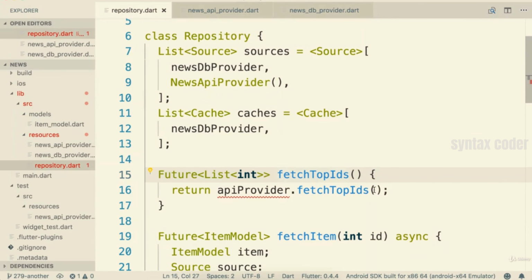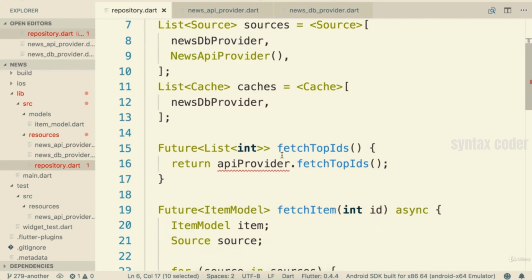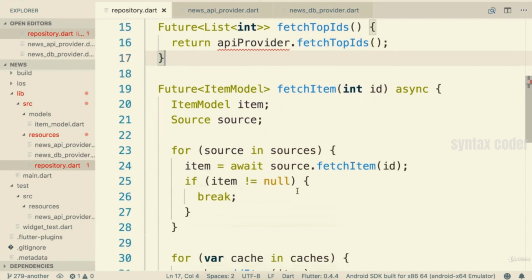In the last 2 sections, we fixed 2 little gotchas around our NewsDB provider. So we're now successfully creating just one instance of the DB provider, and we're making sure that we call init on it before we make use of it inside of our repository. Now, last thing we have to do inside of our repository is make sure that we fix up fetch top IDs right here. So fetch top IDs, if we were putting together a full featured implementation, we would iterate over